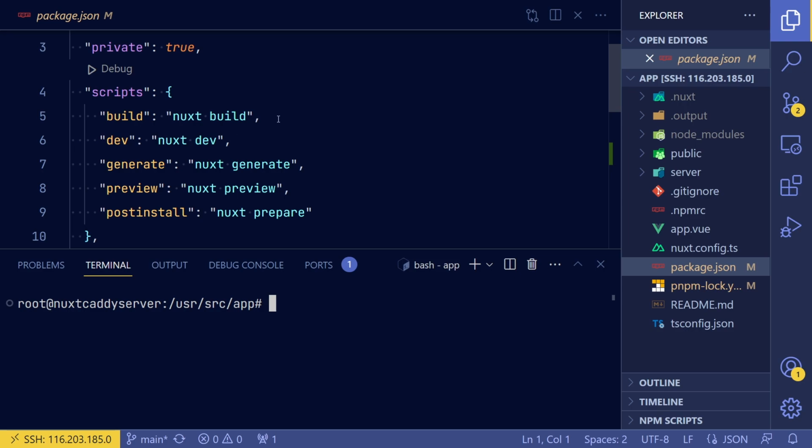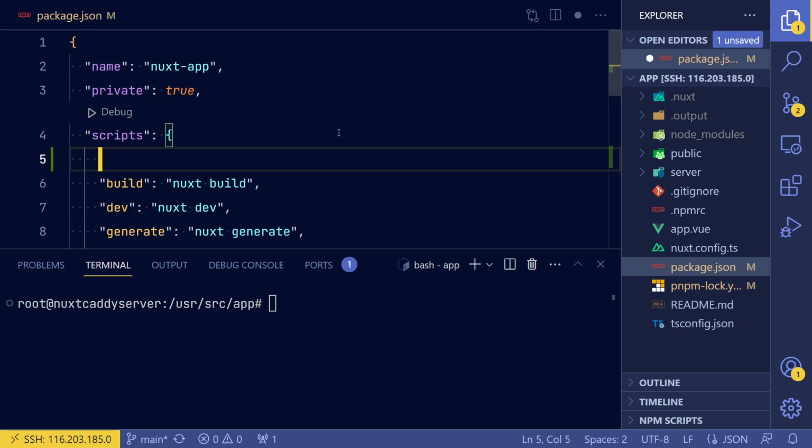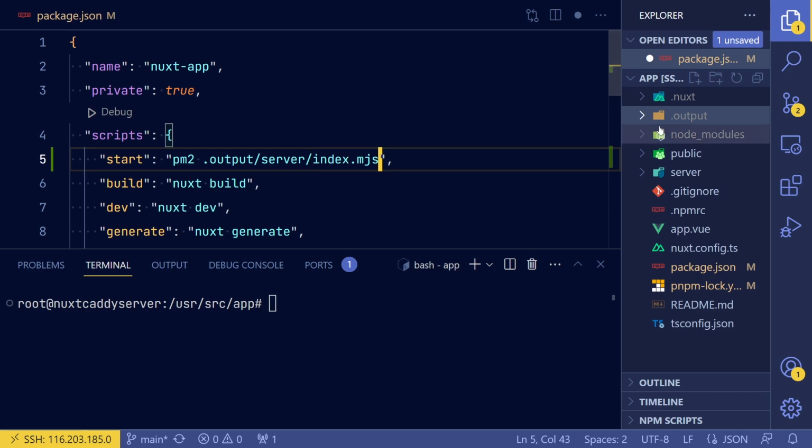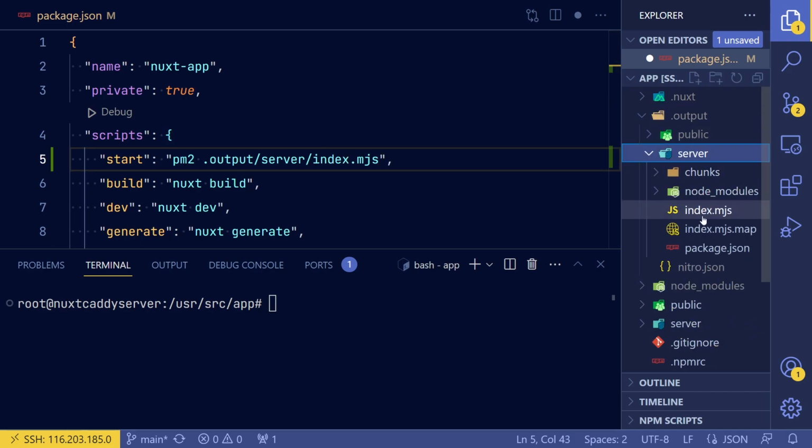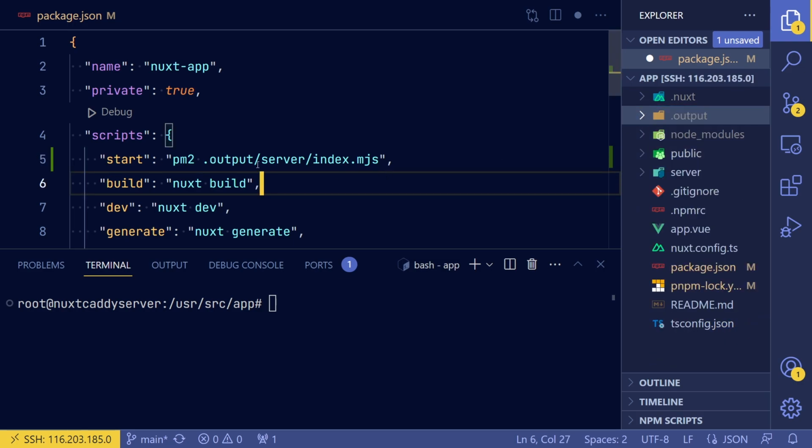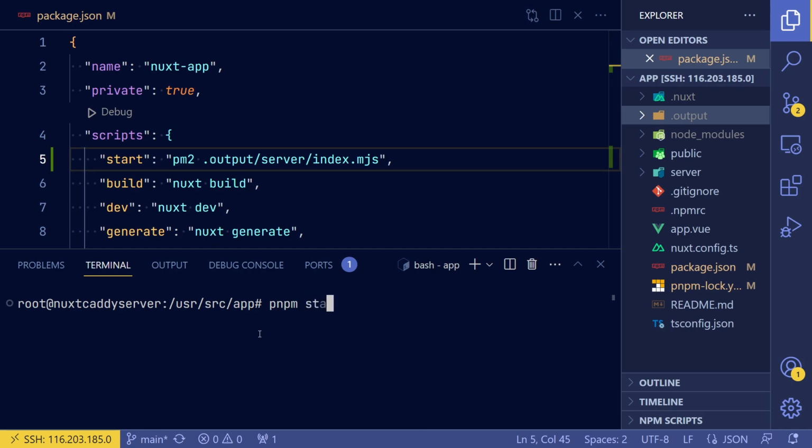And the way I'm going to put this is I'm going to say start in the package.json, I'm going to say pm2 start .output/server/index.mjs, I believe. Yeah, so that's going to run the server. So we can actually try that just by running pnpm start,